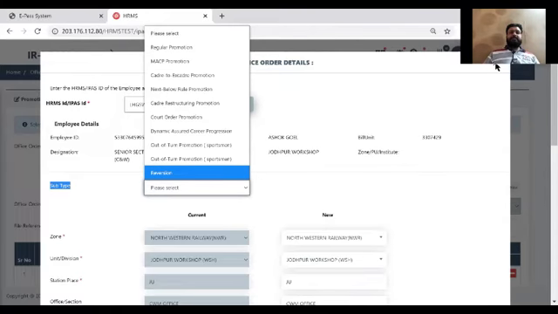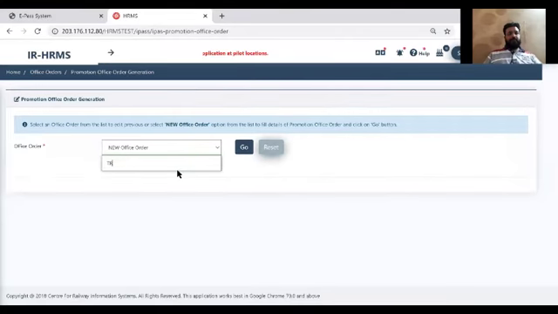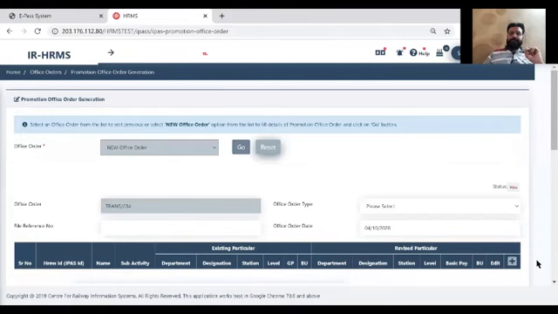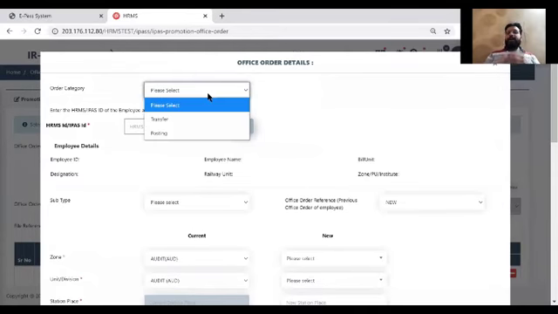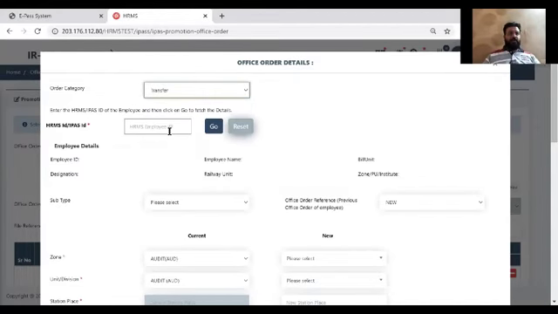Now let's try with an example of transfer only. I'll put just one office order number, select type transfer here, and click on the plus button. Now in case of transfer, I need to specify whether it is a transfer order or I am giving a posting order, like an employee coming from another unit and posted to my location, and I'm issuing a posting order. This is just for reference, because we have to complete the cycle. First you have to issue a transfer order, then release the employee, then the posting order. So I put the HRMS ID of the employee. Now I have to give the reason of transfer, that is a subtype.